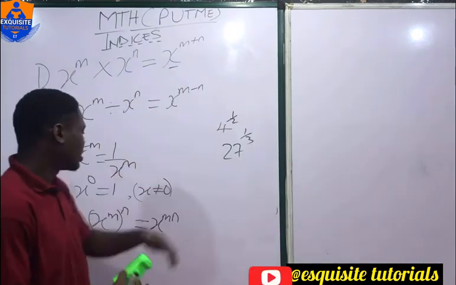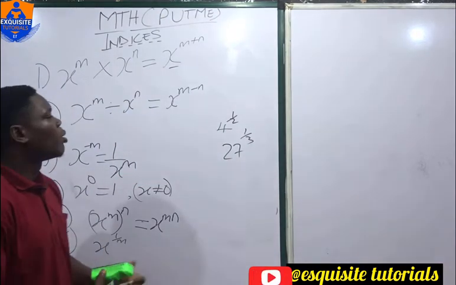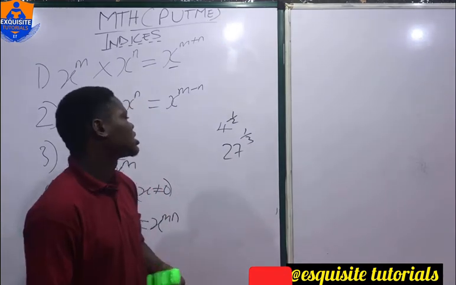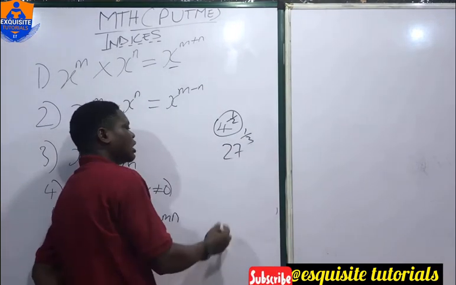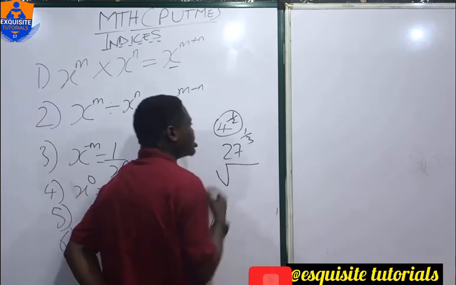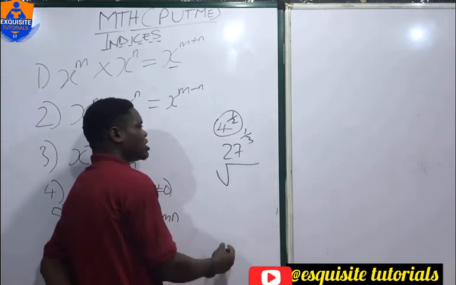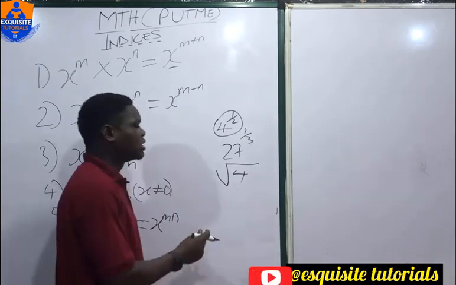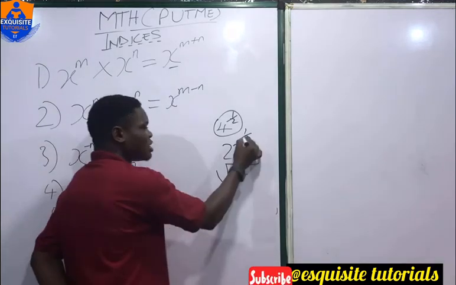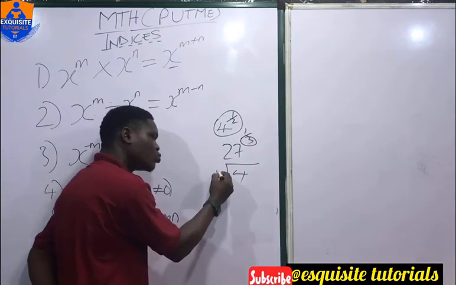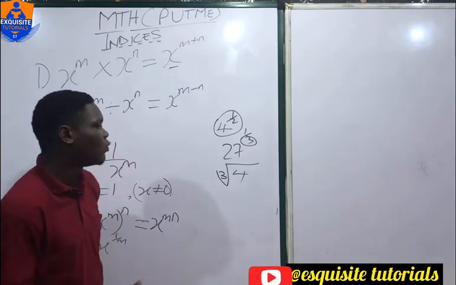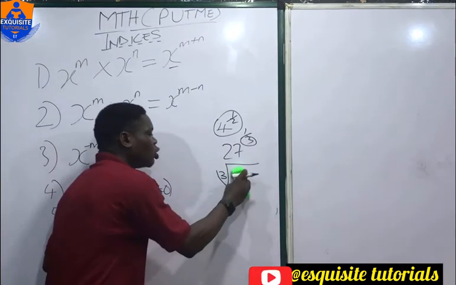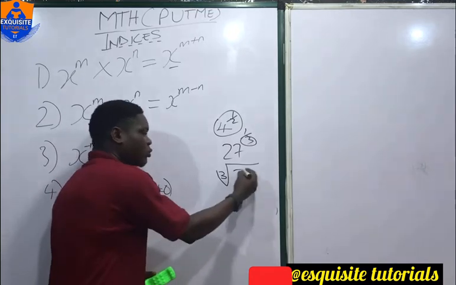So this is where this law came into place. But rather than doing it like this, indices now said anytime we see something like this, let us use a symbol for it. And that symbol is actually the root symbol. So if it is 2 that is here, you will have square root. This is read as square root. But if it is 3 that is at the denominator, you put the 3 here to show that we are looking for the cube root, which means that we are looking for a number that will multiply itself 3 times